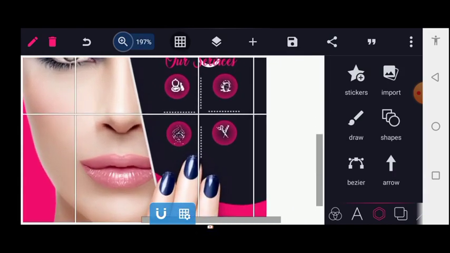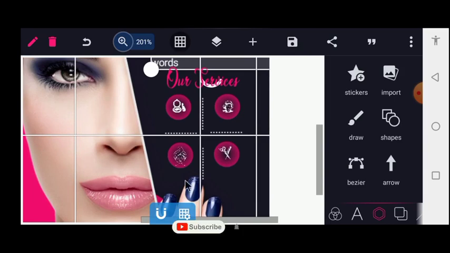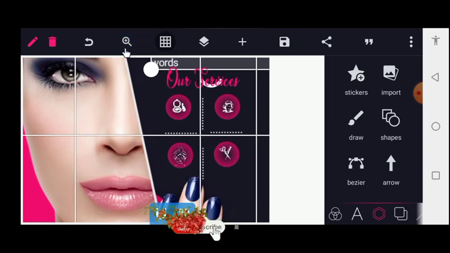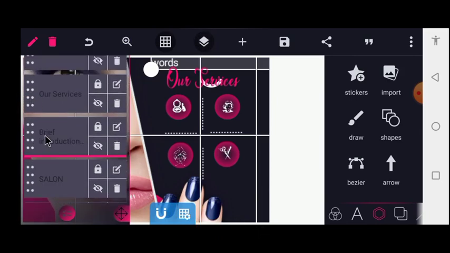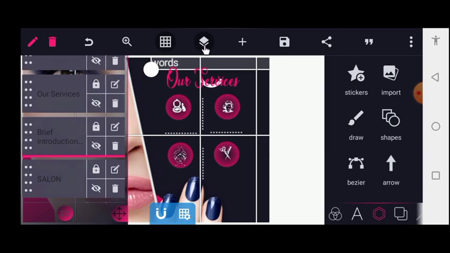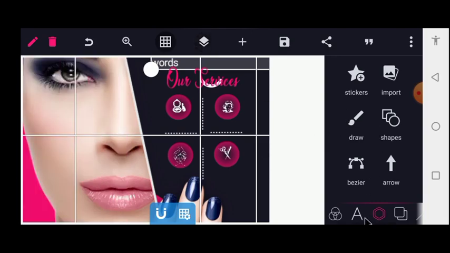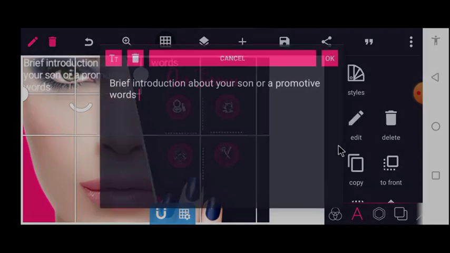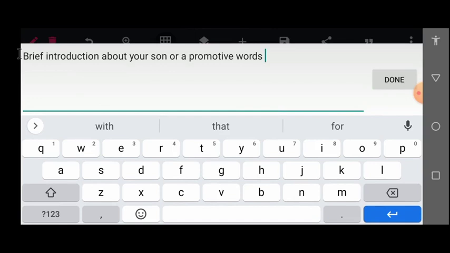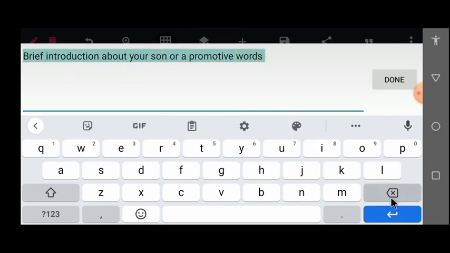Alright, so from here we are going to write in our text. So we are going to type our services name. So I'll click on this layer and I'll copy one of the text. So I'll copy the introduction. Alright, so the brief intro, I'll click on this and I'll copy. So I'll head to this text tool and copy this. So I'll just edit this now. So what I'm writing here, so this should be makeup,